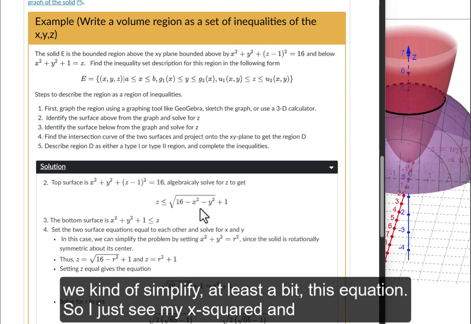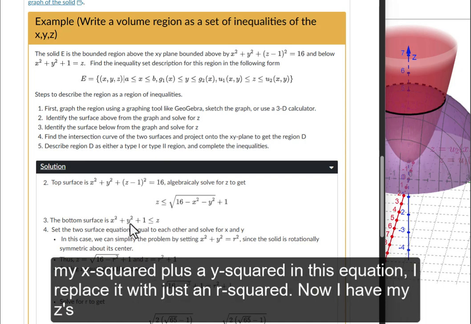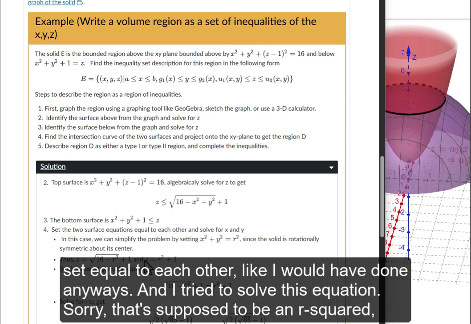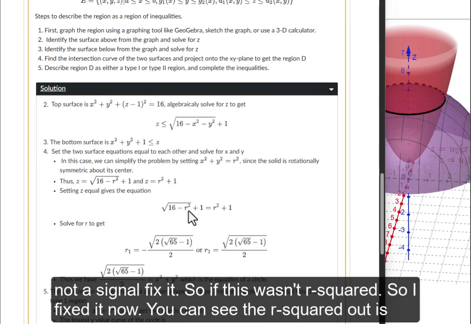So I just see my minus x squared minus y squared in this equation and replace it with a minus r squared. I see my x squared plus y squared in this equation and replace it with just an r squared. Now I have my z's that I set equal to each other like I would have done anyways, and I try to solve this equation. Sorry, that's supposed to be an r squared, not a 6. I'll fix it. So I've fixed it now, you can see that r